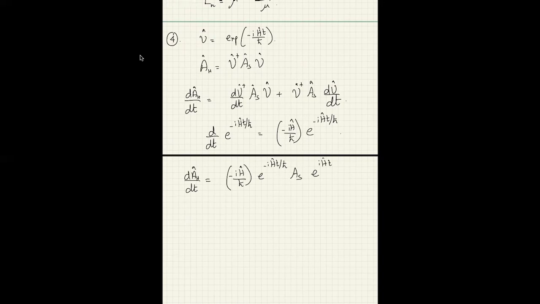Okay, let me simplify my calculations and simply use U and U dagger. So this is equal to minus iH over h bar times U dagger A_S U. And the second term would be,